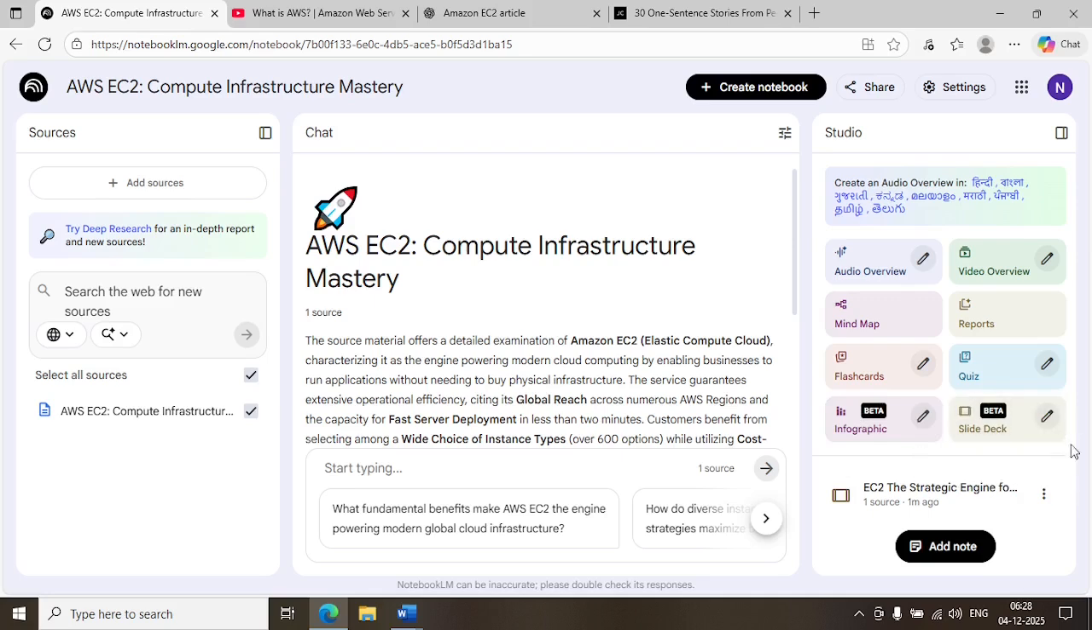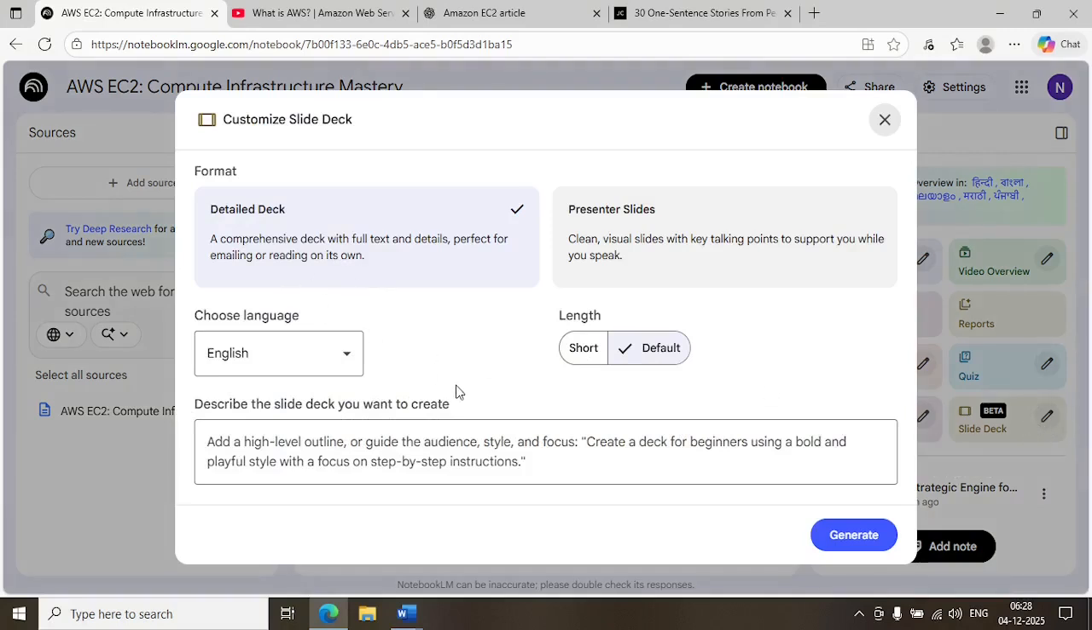Okay, and there is another thing I want to mention. If you see here, there is a pencil option. If you click on it, you can customize the slide deck according to your requirement. Let's say, for example, if you have uploaded a 50 page PDF or 100 page PDF, you can customize it, saying that you don't want a slide deck for all 100 pages or 50 pages, maybe you want a slide deck created for only one topic out of those pages. Then you can say here something like create a